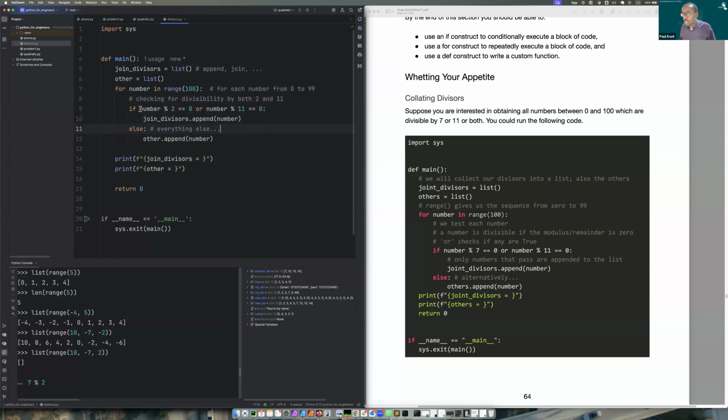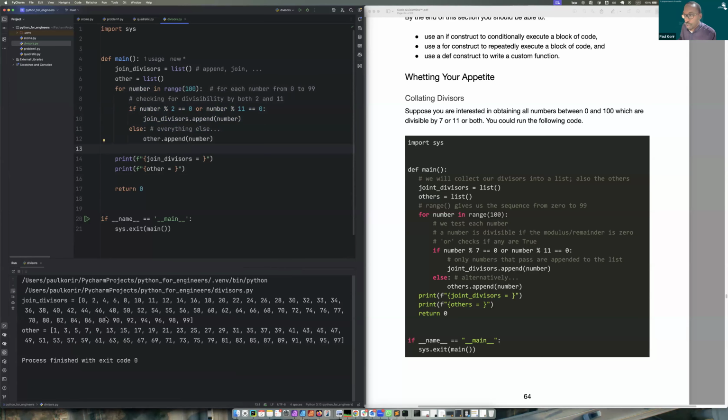Okay, so here we're taking advantage of the operations. But we have introduced 2 new things. One is we've introduced a looping construct, and we have introduced a branching construct. And we shall soon look at the general structure of these constructs. So let's run this now and see what it gives us. Well, the joint divisors,